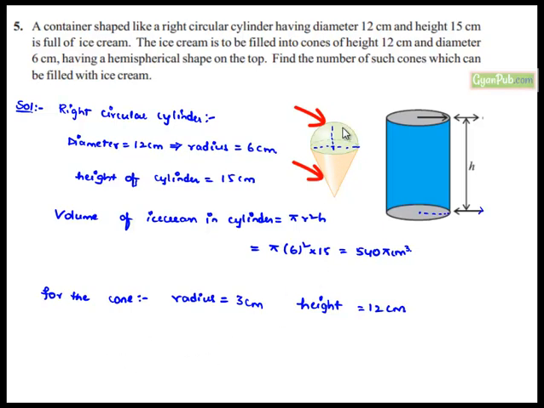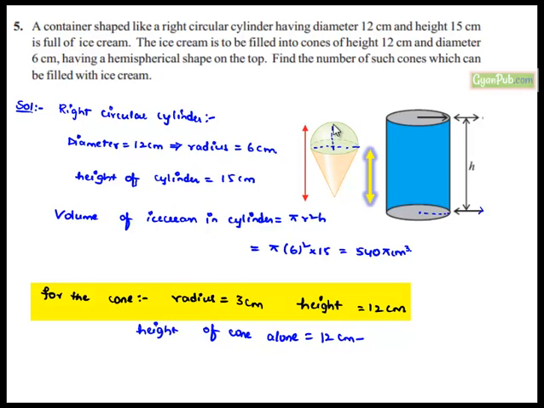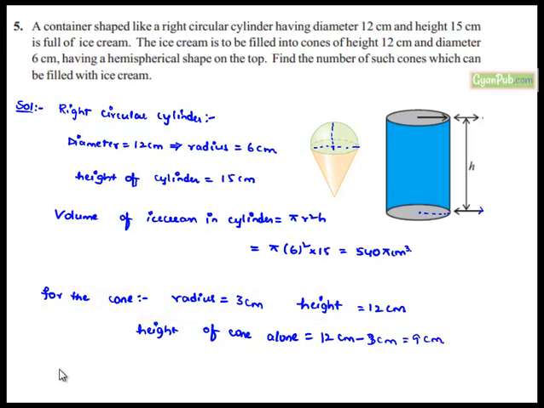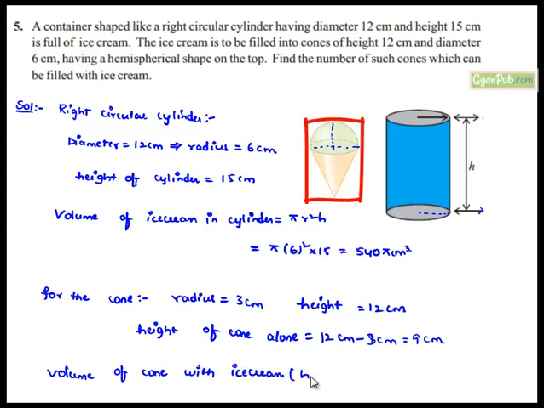So here we have the complete height of the ice cream as 12 centimeters. Therefore we get the height of the cone alone as 12 centimeters minus, we have to eliminate the radius of the hemisphere, that is 12 centimeters minus 3 centimeters, which is equal to 9 centimeters. Now the volume of the cone with ice cream with the hemisphere on the top is equal to the volume of the cone alone plus the volume of the hemisphere,